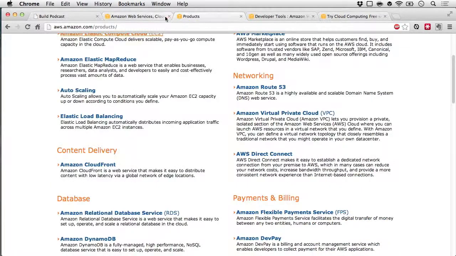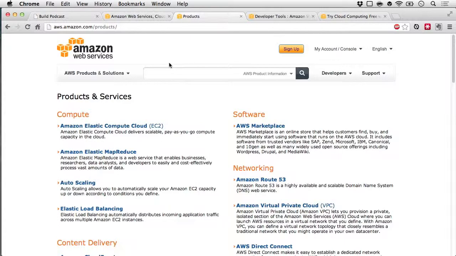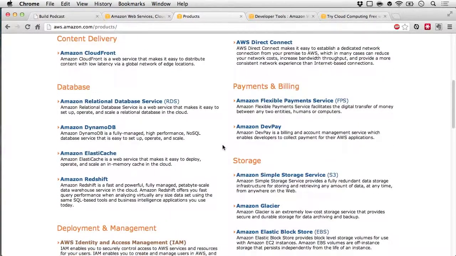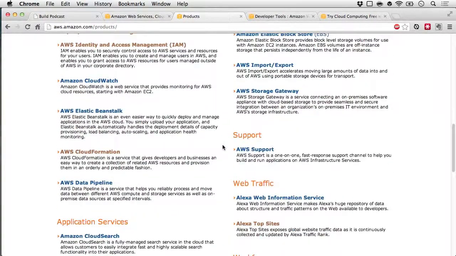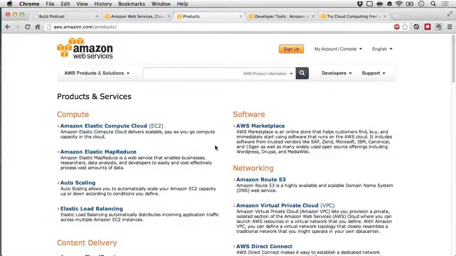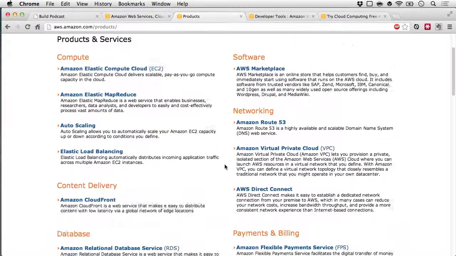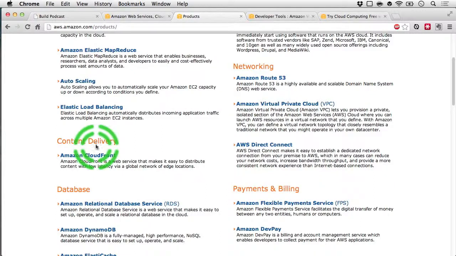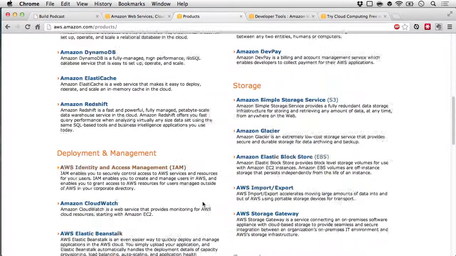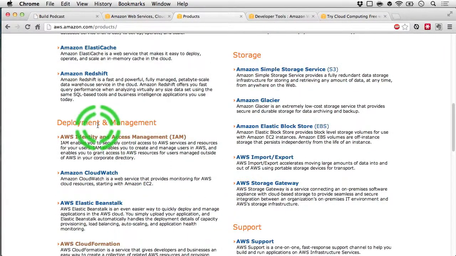Now let's take a brief look at all the products under AWS, and this page, which is under aws.amazon.com, kind of summarizes and lists all the services here. As we can see, it forms the backbone of various computing that we would require. For example, Elastic Compute Cloud, or some kind of networking, content delivery, database, or even some kind of deployment, storage,